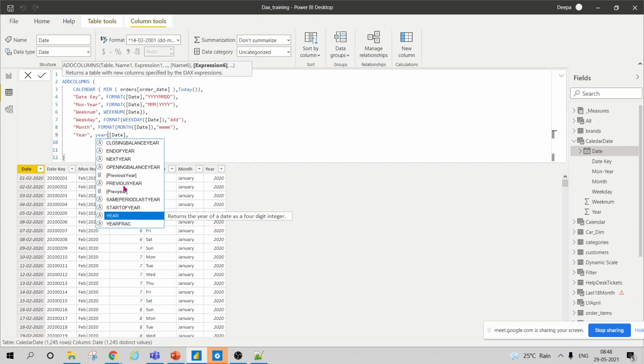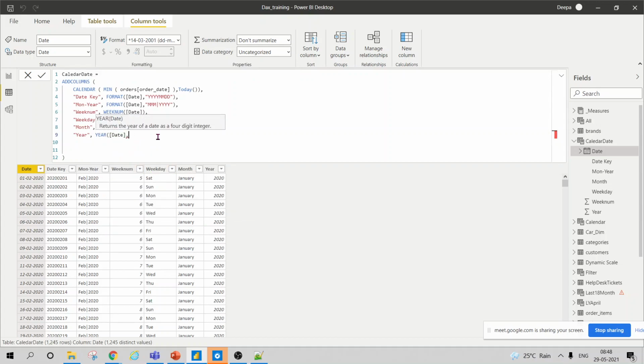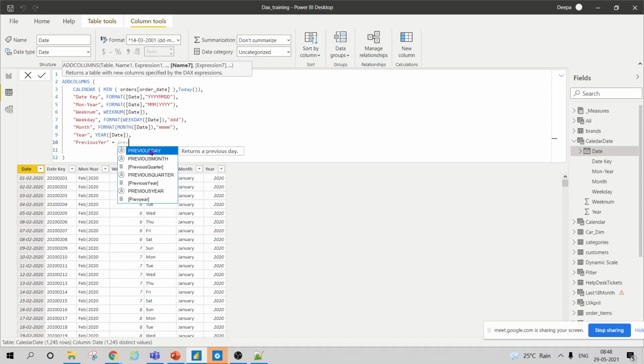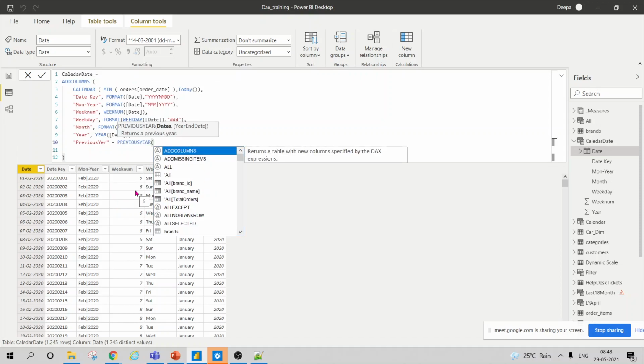We'll use some other function. Previous year. So previous year, first of all, is the one function that is already in Power BI, and it will take some other column.